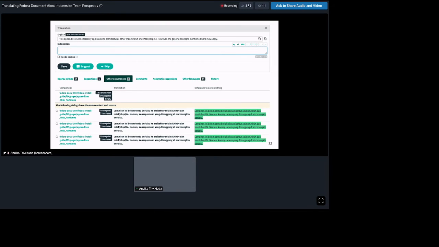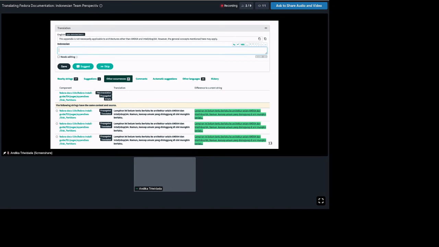So we can copy easily by clicking this button, and at the bottom there is a button to do the copy.